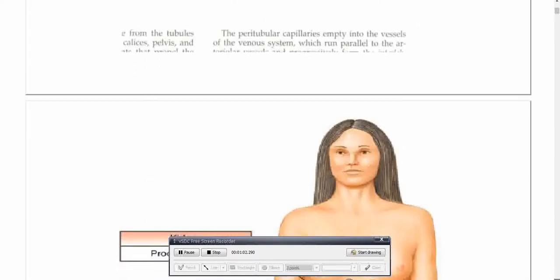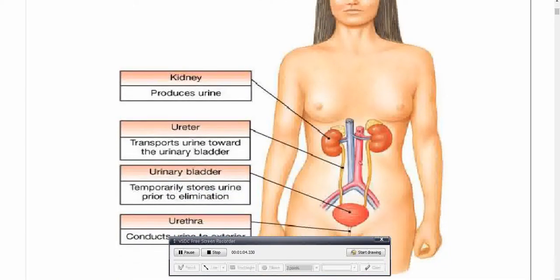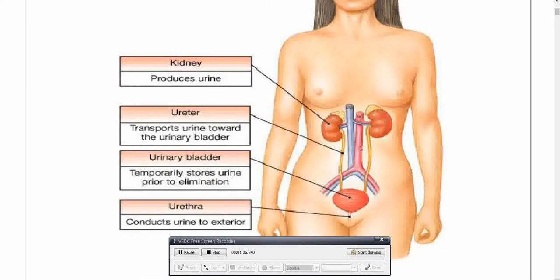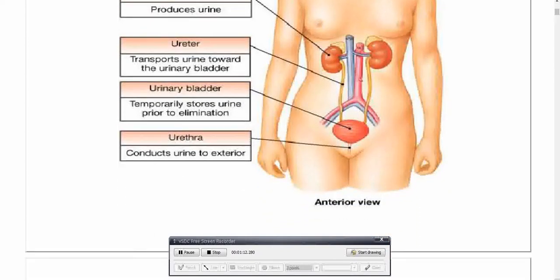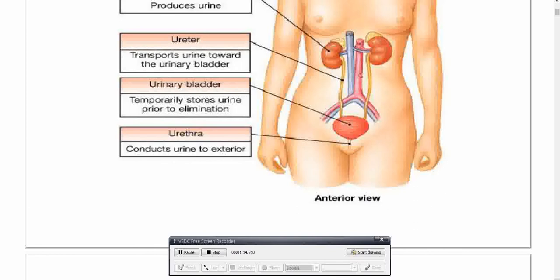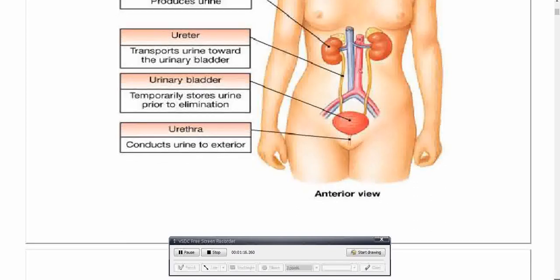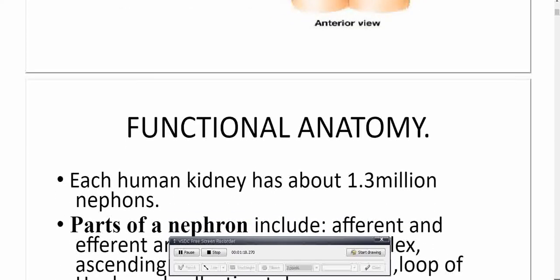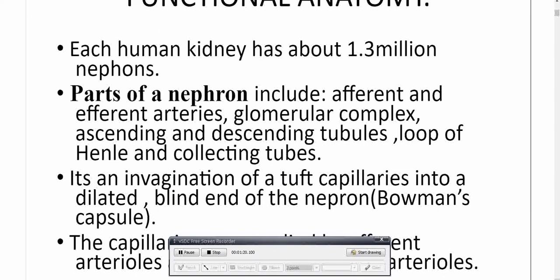Away from that, you should be able to directly point at the location of the kidney in the patient's abdomen. And you also need to directly give an instruction by position of the ureter, bladder, and the urethra. So away from that one, you also need to move into the functional anatomy and talk about the